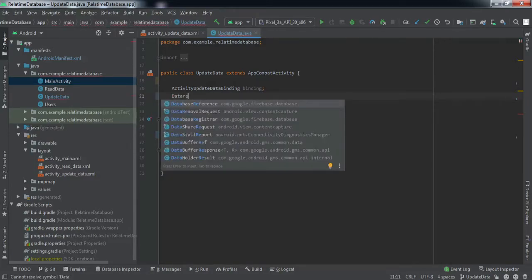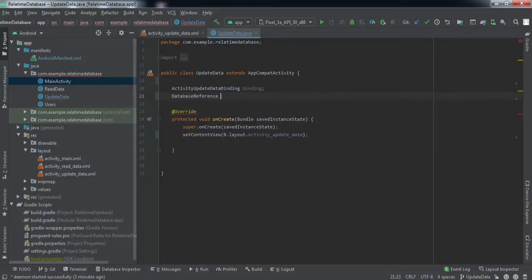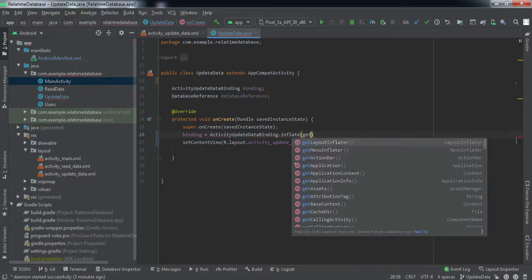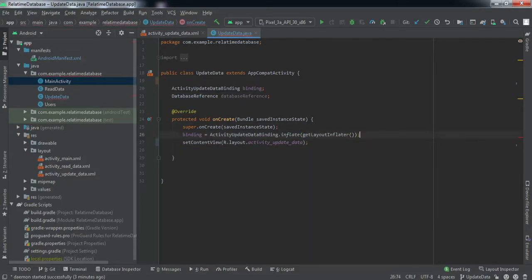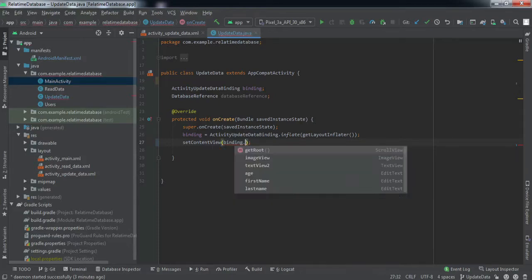Then we'll make a database reference variable, get the layout inflater, and we'll set the content view as binding.getRoot, right?